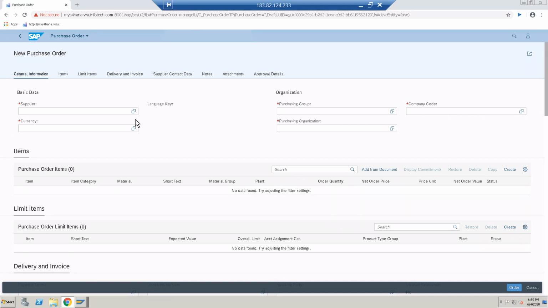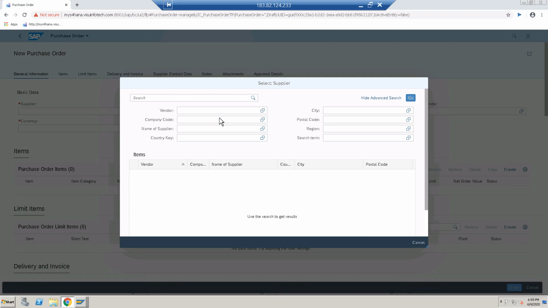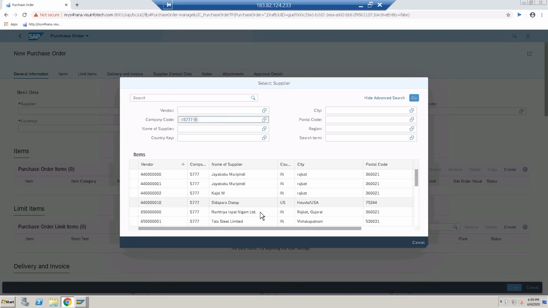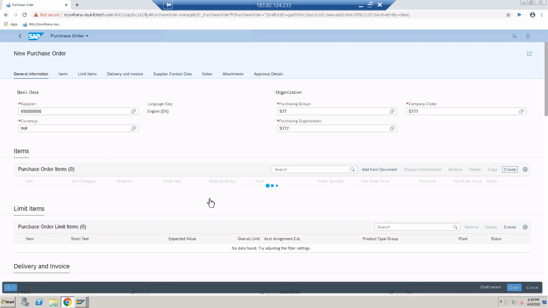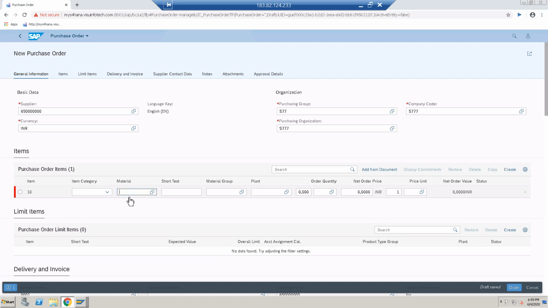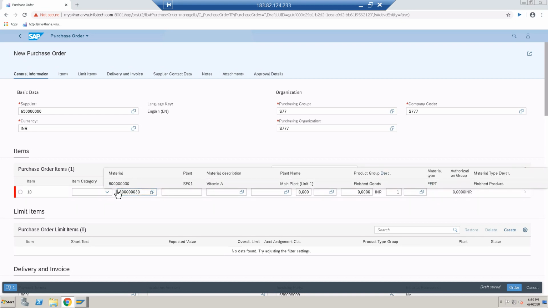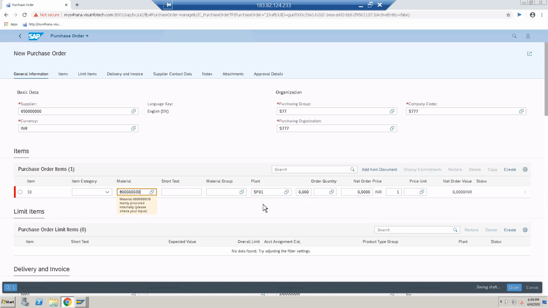Enter your supplier. Okay, this is the supplier, and enter your purchasing group, and click on create to enter the material. This is my material. Directly enter, don't want to search anything.